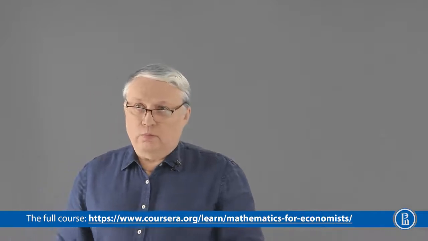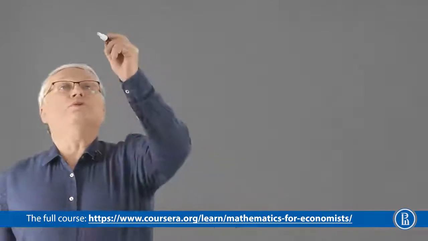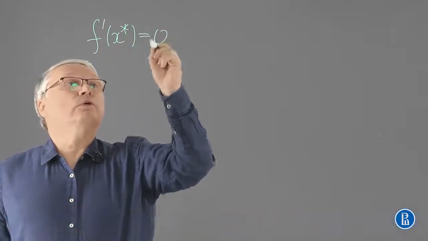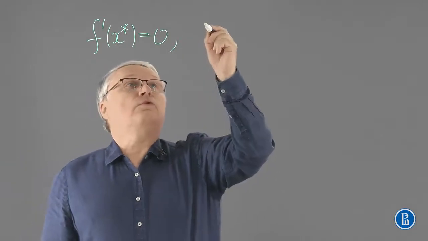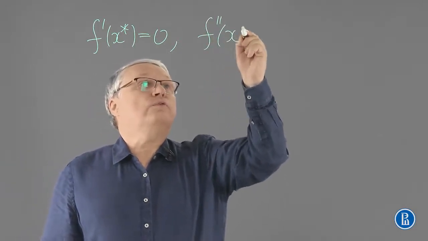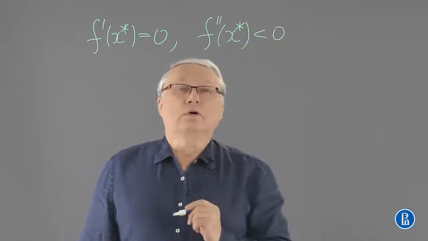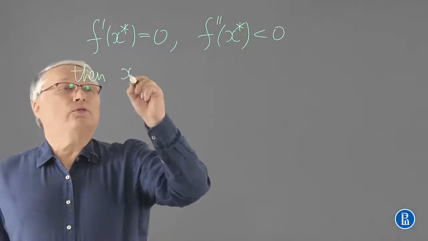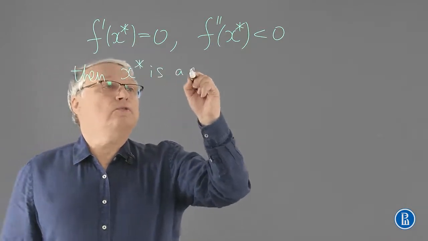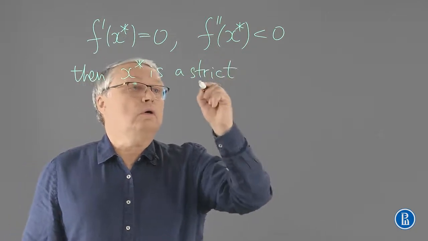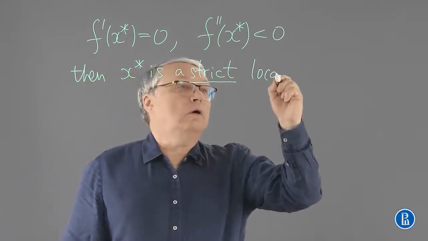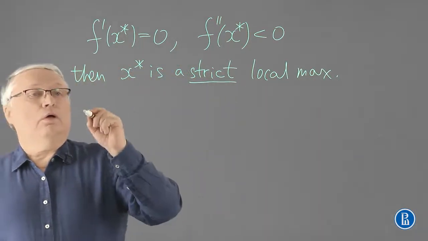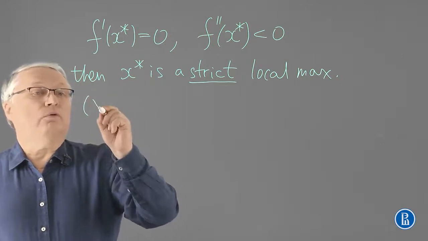I would like to add some remark. Given a critical point, that means that the first derivative turns 0 at this point, and for example, the second order derivative is negative, we can say more. Then x star is a strict local max. That means that in some neighborhood or interval,